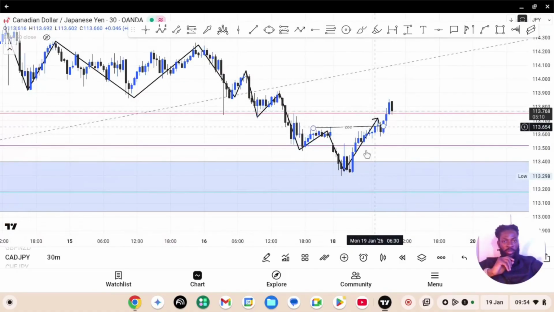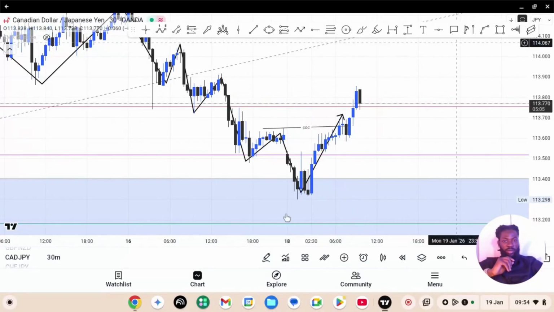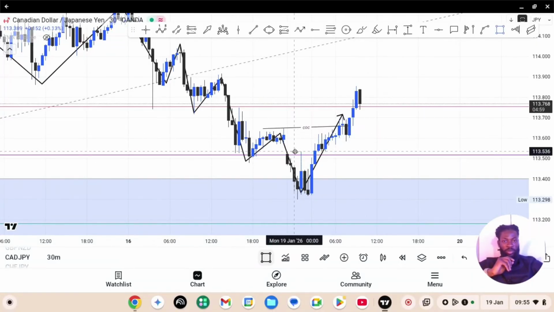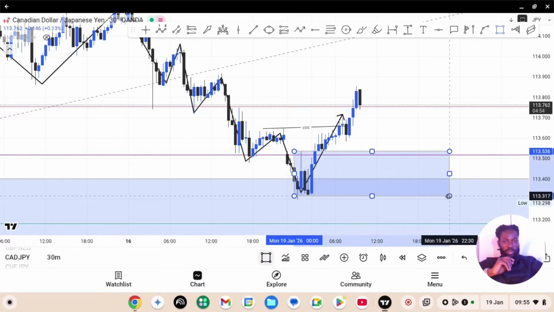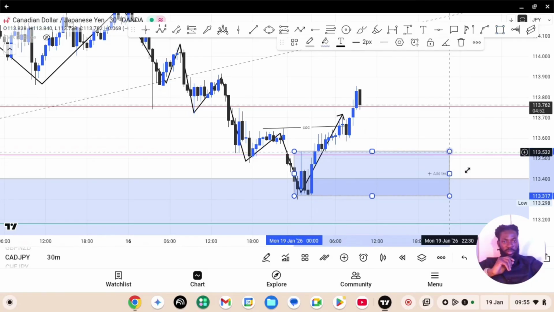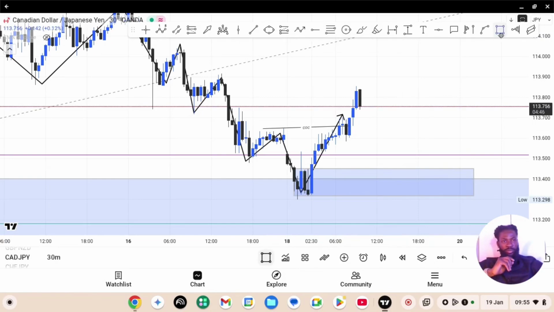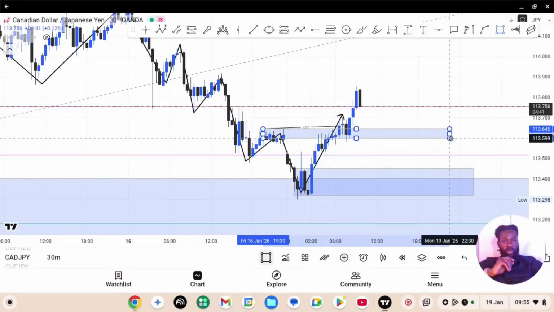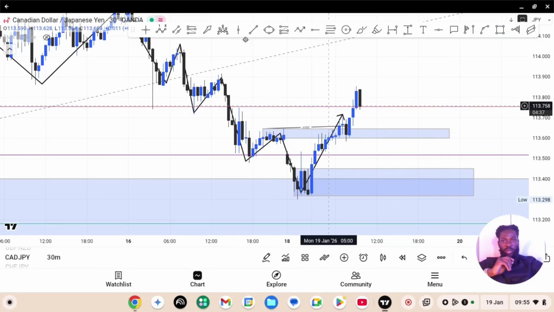You can see now that when we see a change of character like this, you can choose an order block or a fair value gap to take your entry. So we have an order block here, we have an order block here, and we also have a support level here. Why is this very important? Because if you look at this pattern printed here,